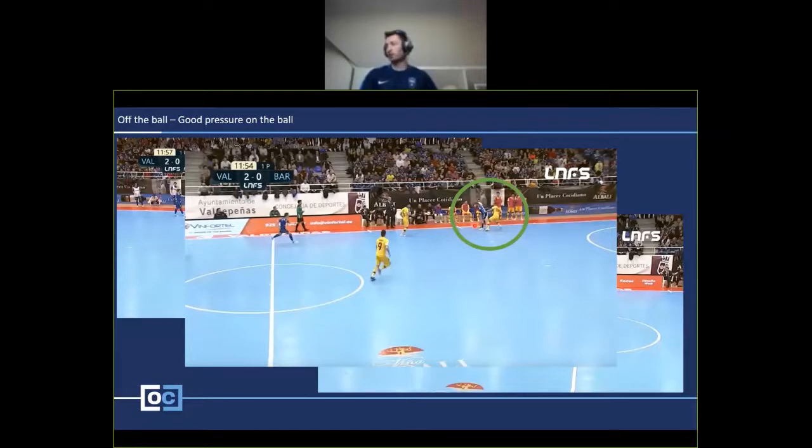And you can see here, this is ultimately a success for Valdepeñas. The higher up the court, their team has the ball. The player does lose the ball, but the odds of trying to tackle the player and keep the ball in possession there for Barcelona, it's tricky for them to do that.